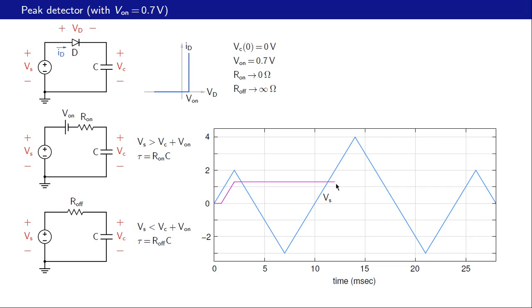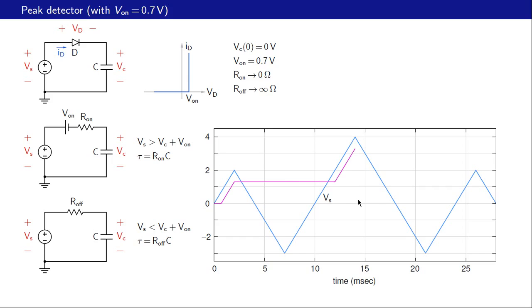At this time, the difference between Vs and the output voltage Vc becomes 0.7 volts, and the diode once again starts conducting. We have this equivalent circuit, and once again the capacitor voltage starts following the input voltage with a difference of V on,